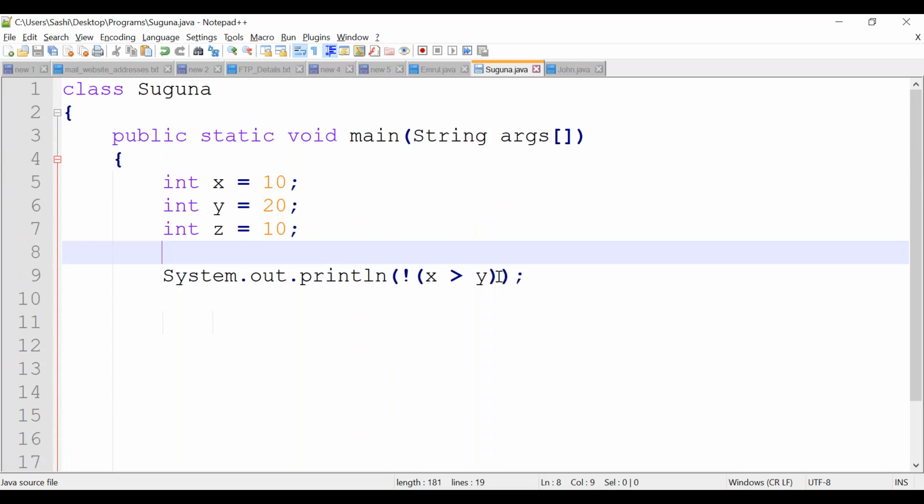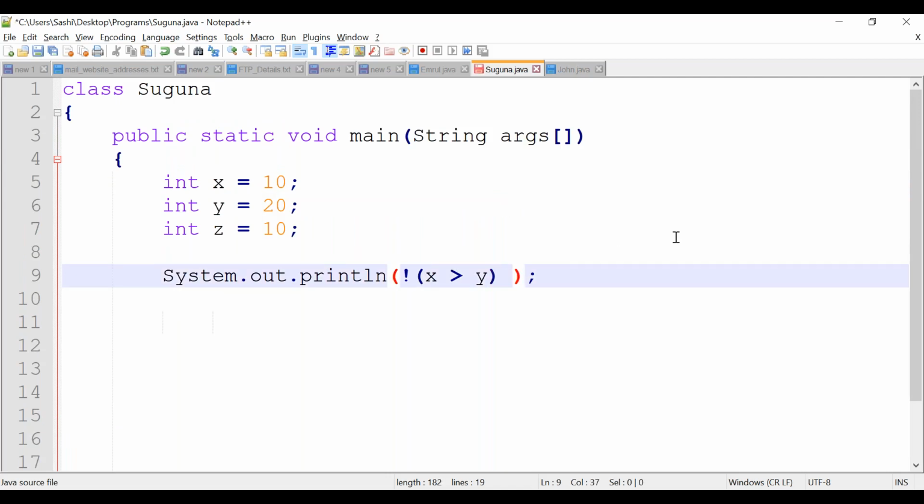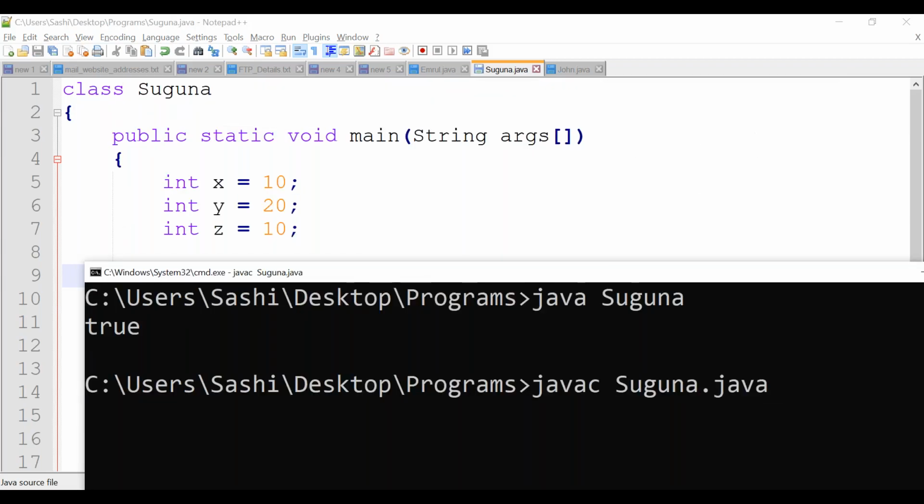So you can evaluate using different ways. Even more than one condition also you can evaluate, correct? So you can use all these AND, OR, NOT in many different ways. So the result you can see in the console.